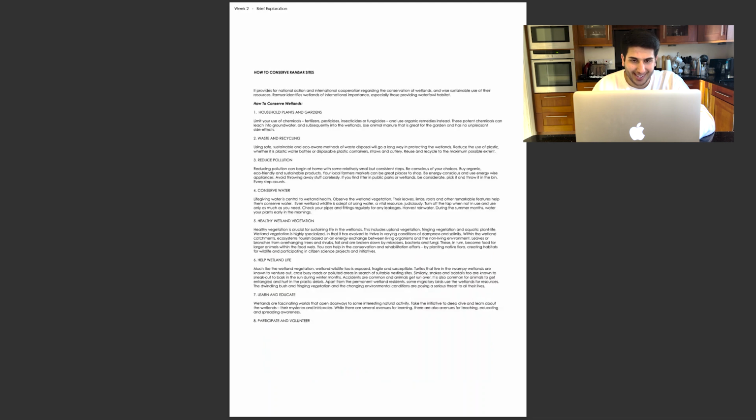How to conserve Ramsar sites, looking into this, my tutors put me on to do more research into the geography of the project, not just the architecture. This is an architecture and landscape studio. The architecture, we will grow over time and it will improve and develop. But the geography side of it and the landscape side of it, although I studied geography at A level, and in my opinion it was a shambles, the key fundamentals and the key standpoints that need to be understood for this project come through researching, reading, watching, documenting things that are happening, why they're happening, and how can we improve the current state.